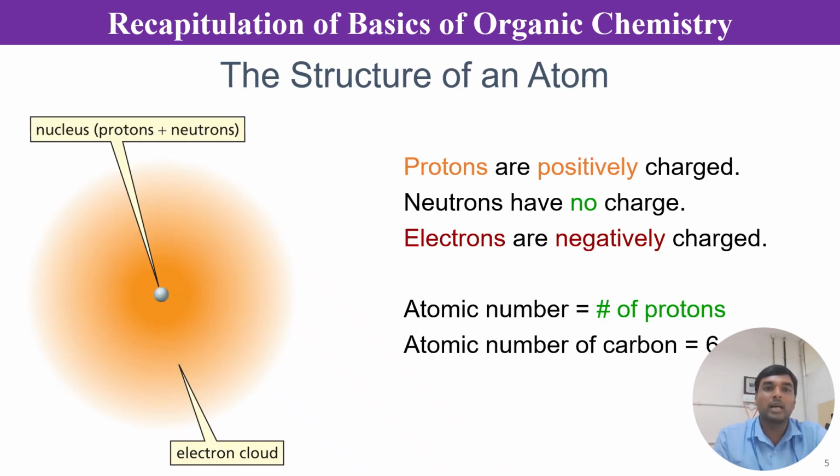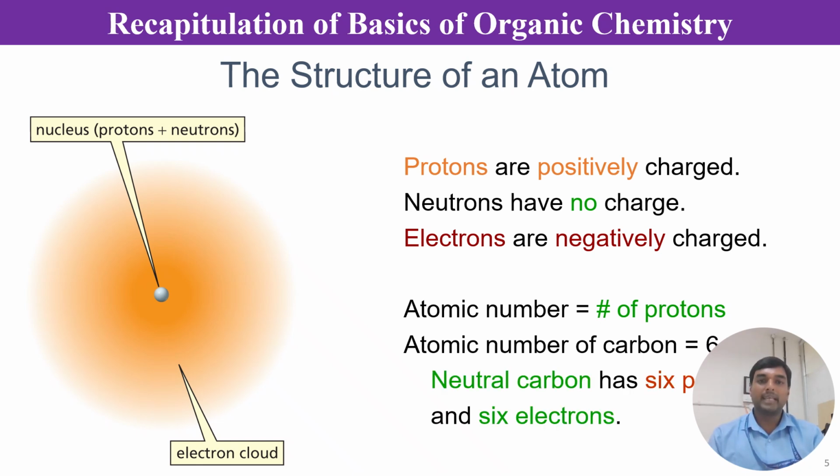Now, if we talk about the structure of an atom, we know the atomic model where protons are positively charged in the nucleus, neutrons are neutral, whereas electrons surrounding the nucleus in different orbitals are negatively charged. So an atom, as a neutral species, should have an equal number of protons and electrons. For example, the atomic number of carbon is 6, so it has 6 protons and 6 electrons, and of course